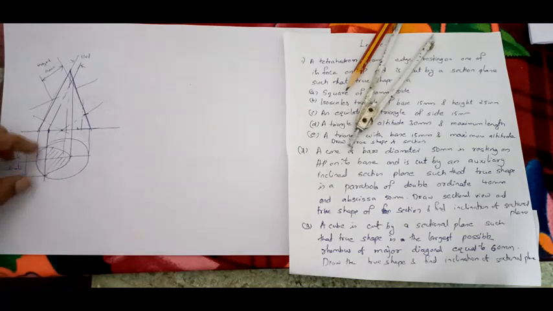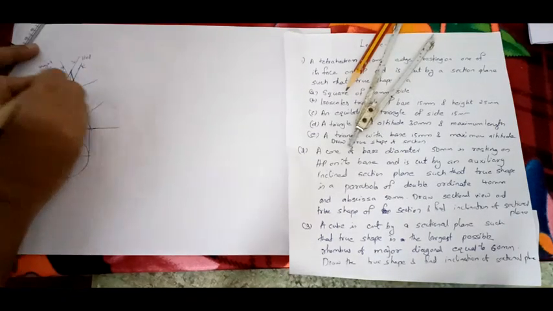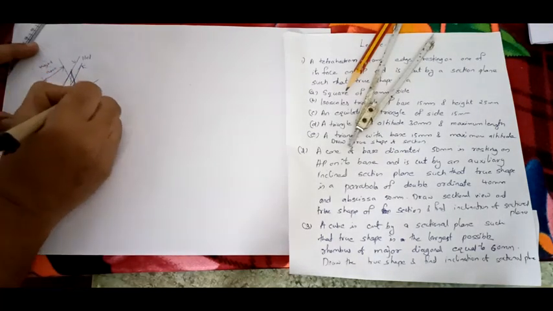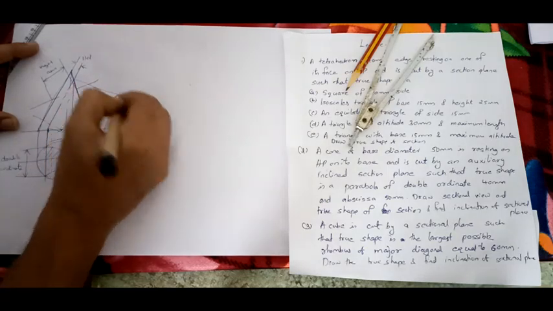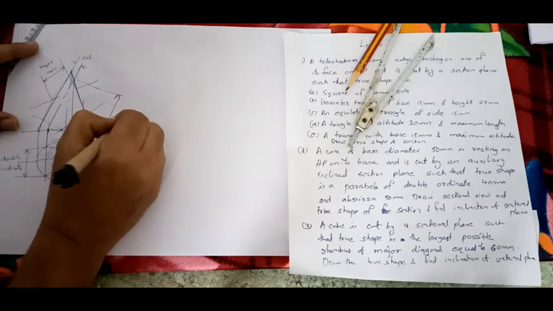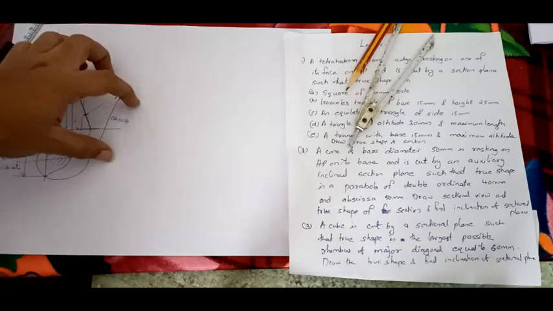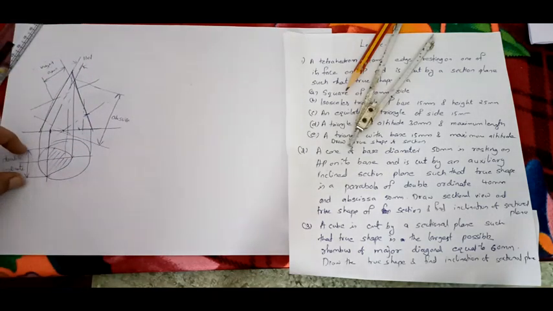What's the peculiarity? This is a perpendicular line. This is the true length, and this will be your abscissa. That is, the section plane will be your abscissa. So this section plane will be your abscissa and this line will be your double ordinate. Now